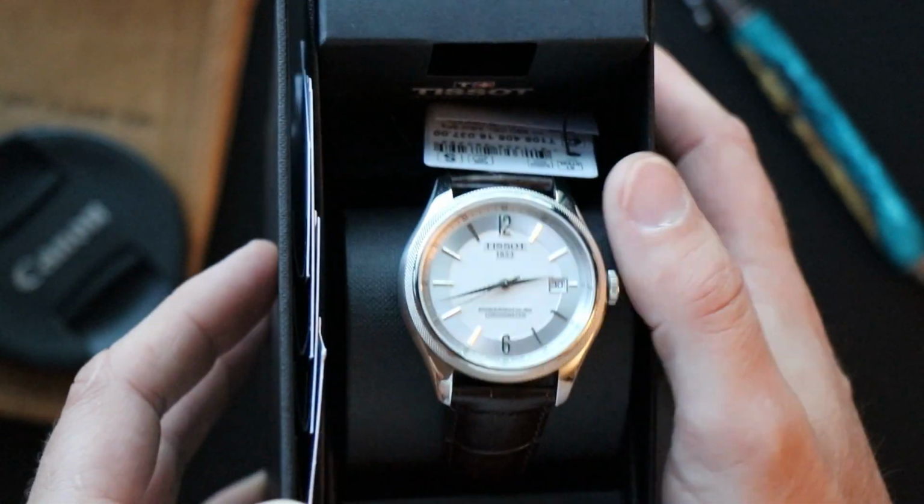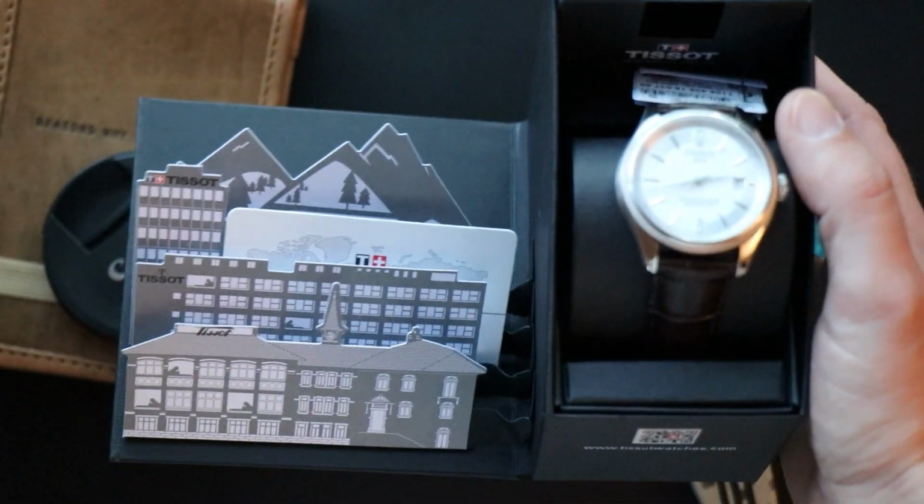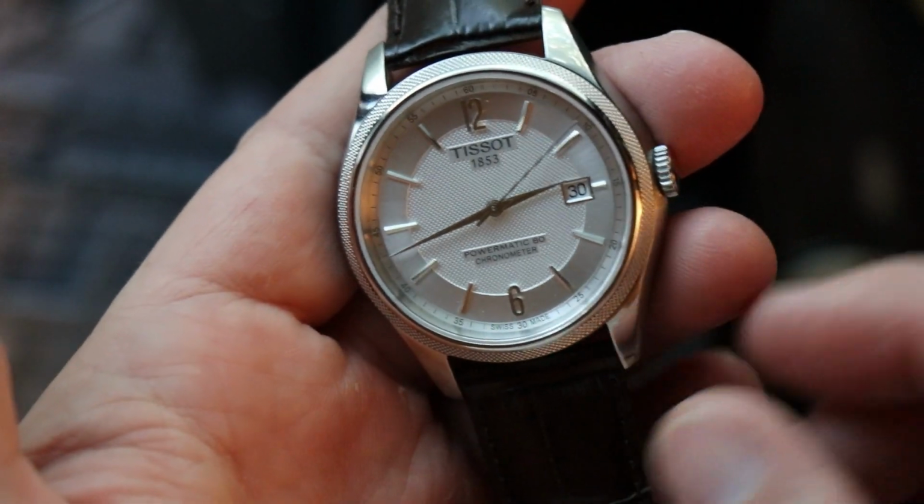And here is the beautiful, oh, look at that. Look at how that opens up. Zoom out a little bit. Some nice packaging here. Alright, so this is a 40mm watch, which is a little larger than I normally go